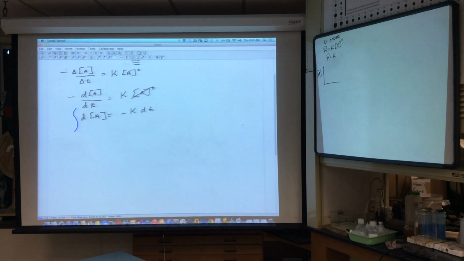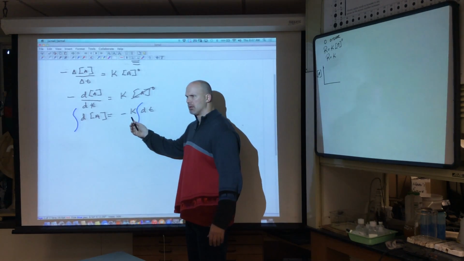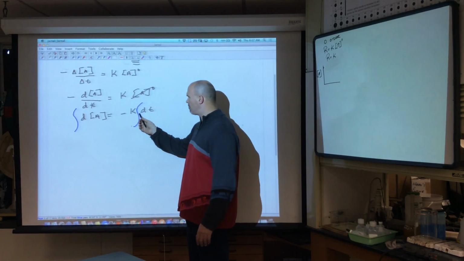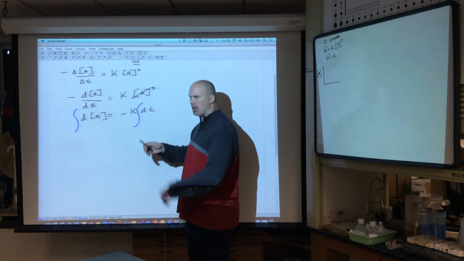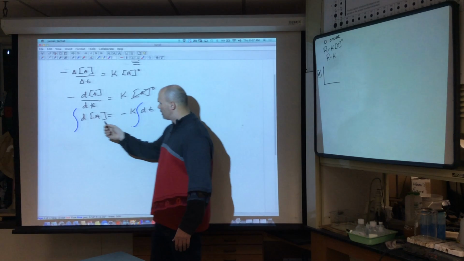Integrate is an S; I'm going to take the sum. Now, notice I put the integral sign behind my constant. I can't integrate a constant. I can only integrate things that have been differentiated. So I can't integrate just a regular number; it doesn't work. I can integrate the differential. So in any case,